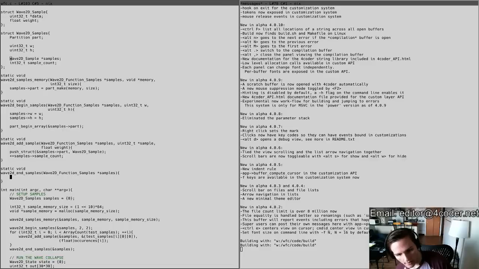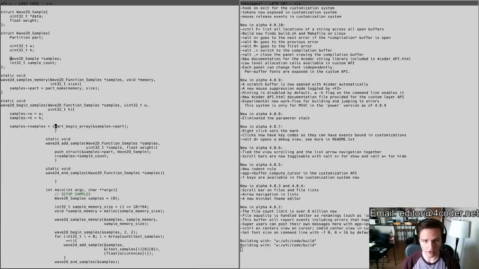Great. So then, when I'm ending the samples, what I need to do is normalize their weights so that they add to 1. Basically, I want the sum of all of the weights to be 1, and I don't want the ratio between the weights to be affected. So, to do that, oh, and the other thing I need to do is right here, I guess,